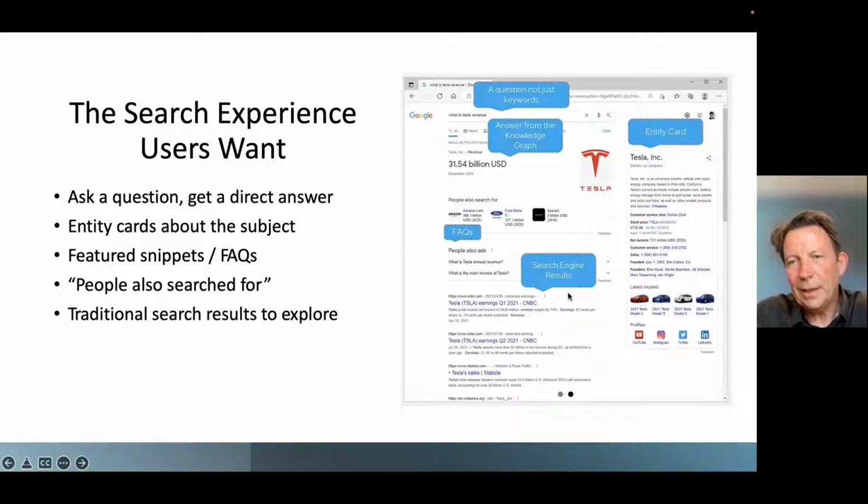At the bottom of the screen are the classic search results pages that you've seen that have been around ever since Google launched back in '98. And these are basically documents that Google have relevance ranked. And the one at the top is generally the one you would pick first. Of course, you click on it, open the document up, and hopefully the document would contain the answer you're looking for. But what you're starting to see, and the change that really has come about over the last few years